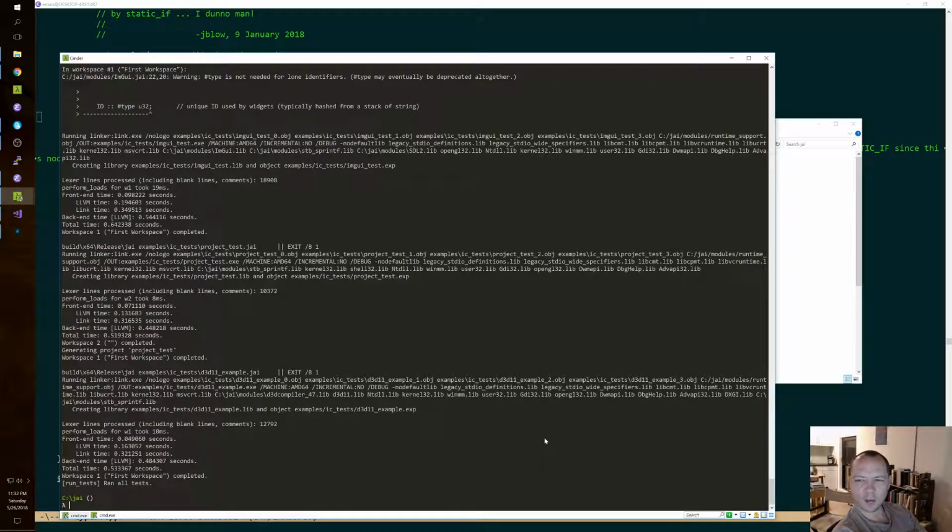Will there be support for tagged unions? I don't find tagged unions very useful. If somebody can give me a really good case for them, we can talk about it. But I don't see the point, quite frankly. When we have the macro facility, maybe you could use that to do a tagged union dereference kind of thing. I don't know. We'll see.